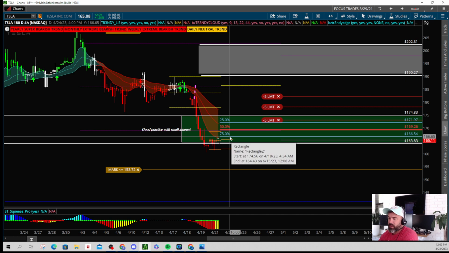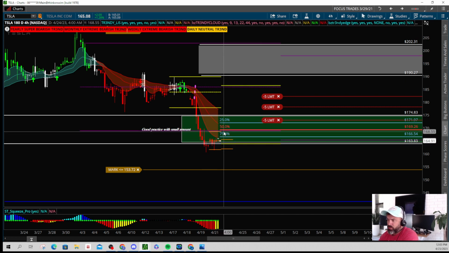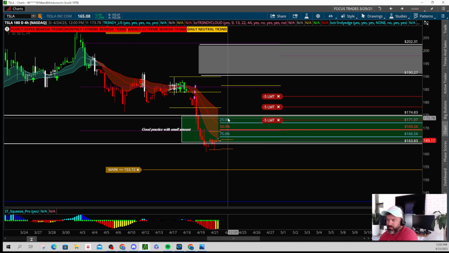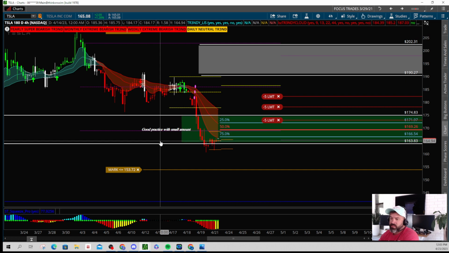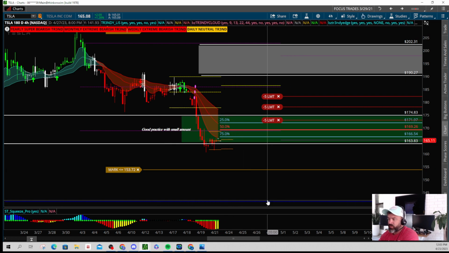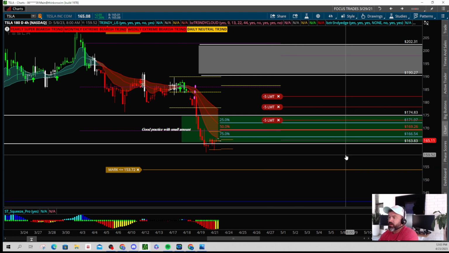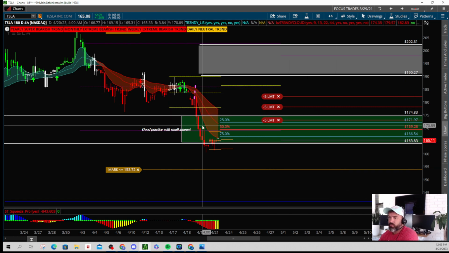We'll see how it works out this coming week, but I'd like to see price continue to try to push up towards 169, 174 this week. If it takes out the lows, then I think that Tesla can continue down towards this 153 and even 142, but we'll talk about that stuff a little bit later. Had a nice little bounce on Friday, but again, just buying the zone.